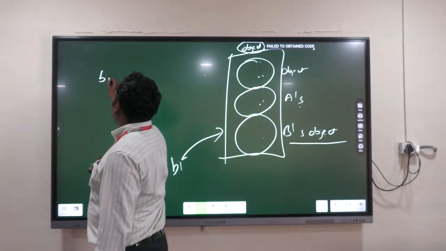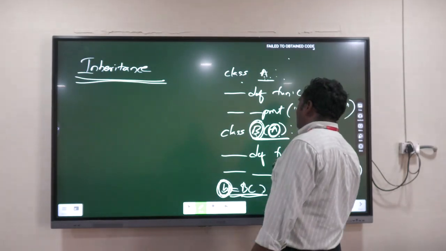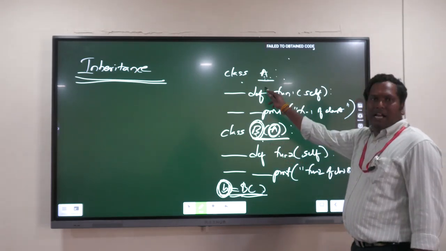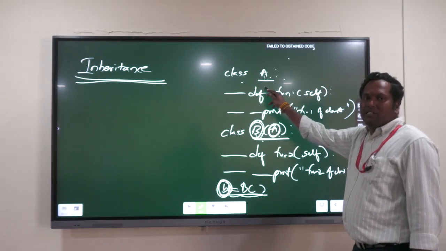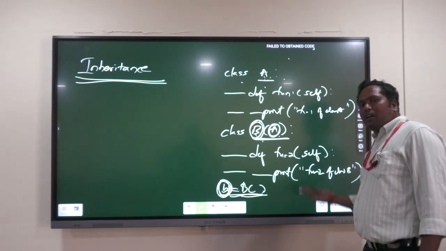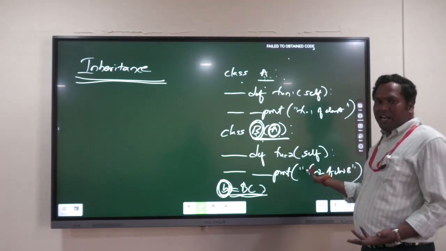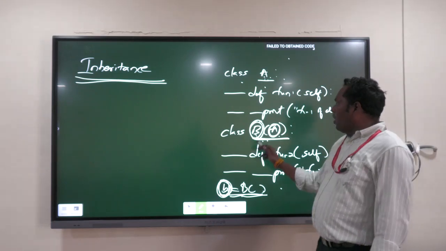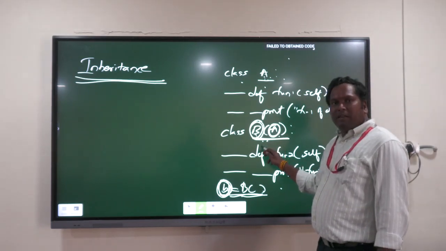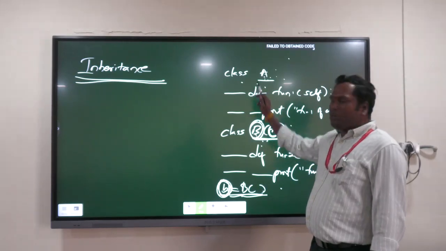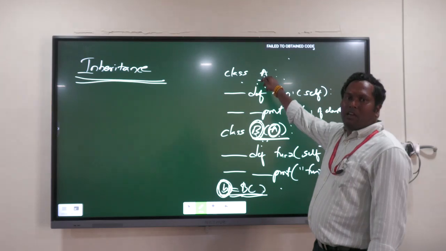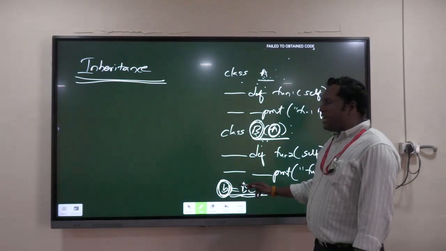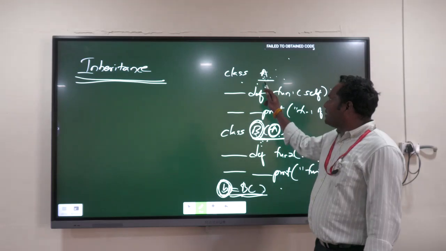Now B1 dot, I can access class B's members along with the class A's members because of the inheritance concept. In general, we will be enjoying our own properties along with our parent properties because of the inheritance concept. Same way, we can apply the concept of inheritance over here. So when I am creating object for the class B, these members can be accessed along with what? A class members, because for B, the immediate parent is A. For A, the immediate parent is object. So using B1, I can access members of class B, I can access members of class A,